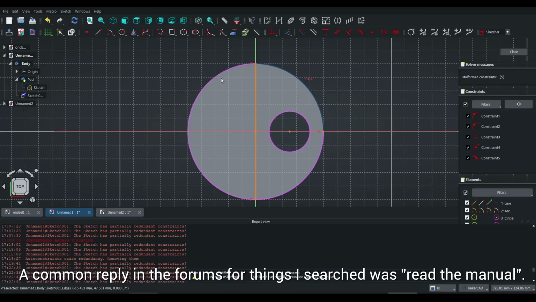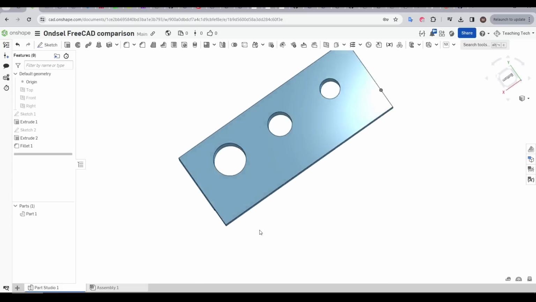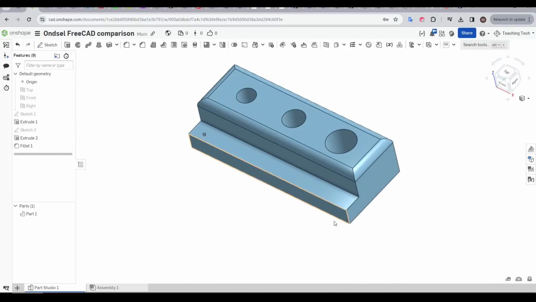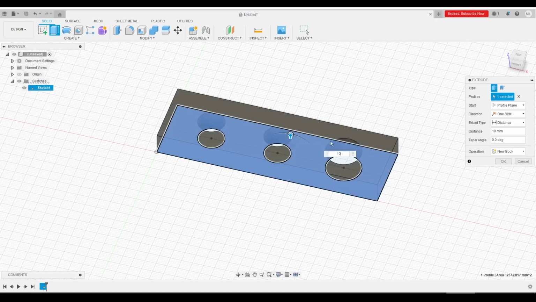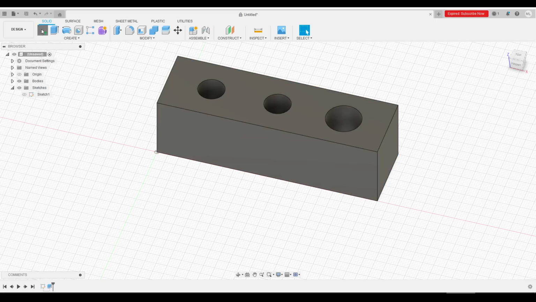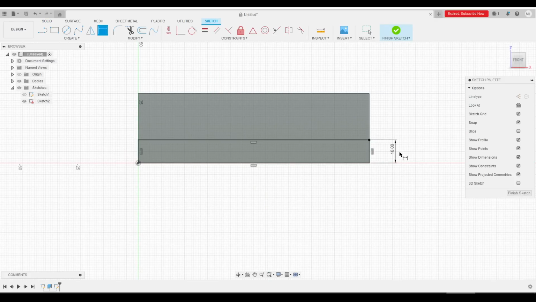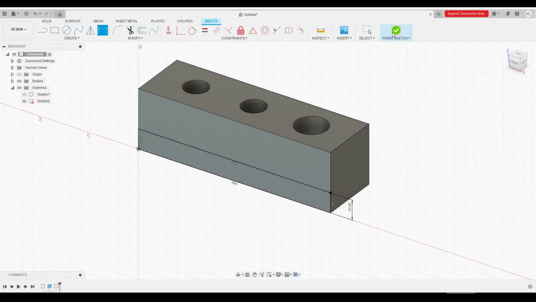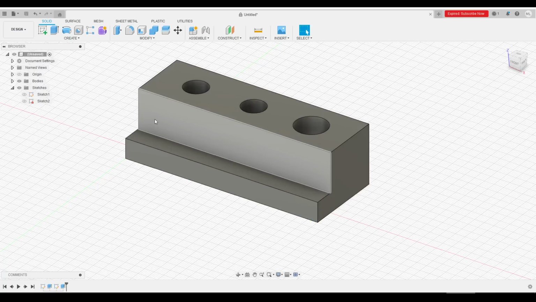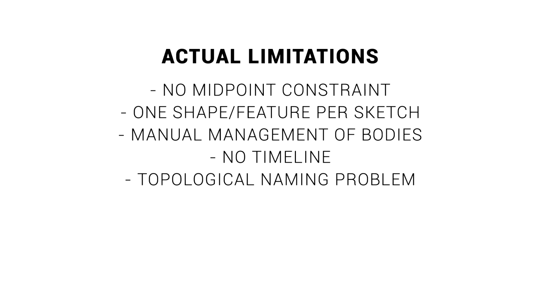Experienced users of FreeCAD are probably tearing their hair out and screaming at this video that I need to read the manual. But I would point out, I never had to read any manuals before starting with Onshape, Fusion 360, Autodesk Inventor, or Solidworks. I think it's a reasonable expectation that as long as you have some idea about CAD, things are intuitive and you have easy to access help for specific items. I think most of the limitations I've identified are actually FreeCAD limitations, so I would hope in time the Ondsel